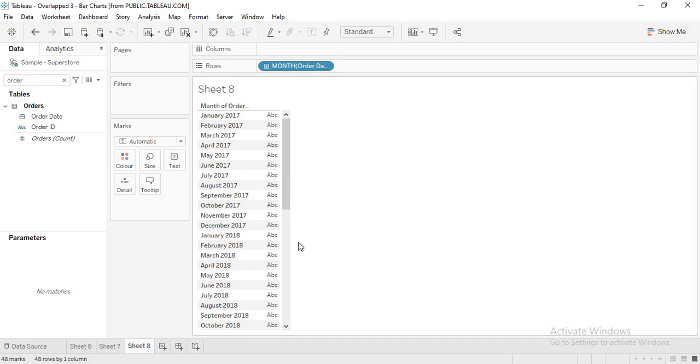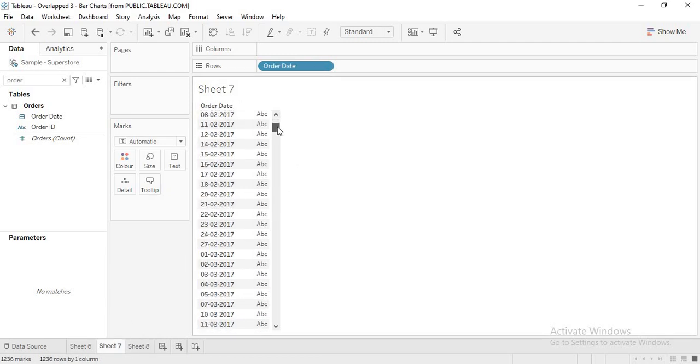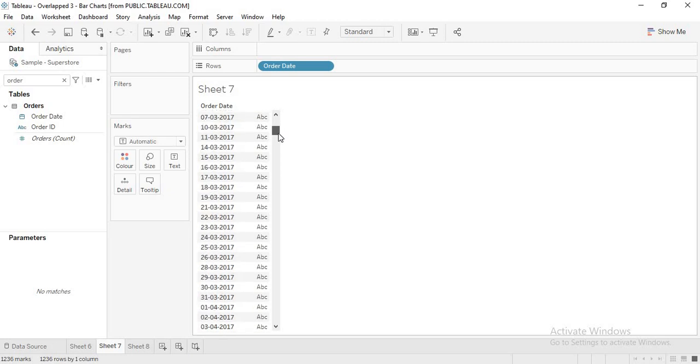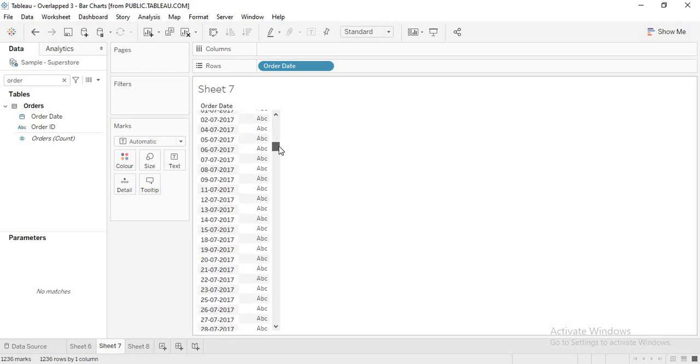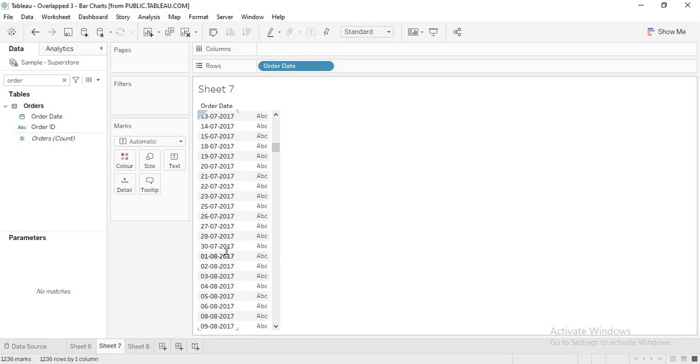So for all these months, month wise, I want the last working day. But what is the difference? In this month, let me take one month where there is no last working day. See here. July has 31 days, right? But see here, the last working day is 30th, not 31st. So there is a difference between last day of the month and the last working day of the month. So 30th July is the last working day of the month. But what is the last day of the month? 31st July. So how to get this?